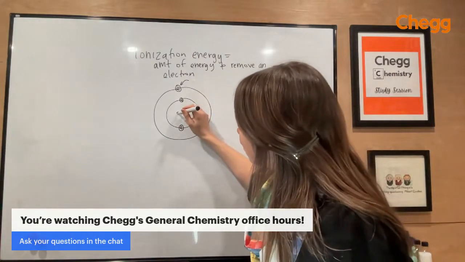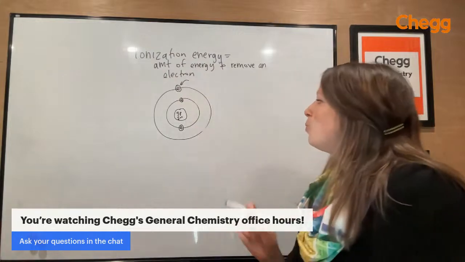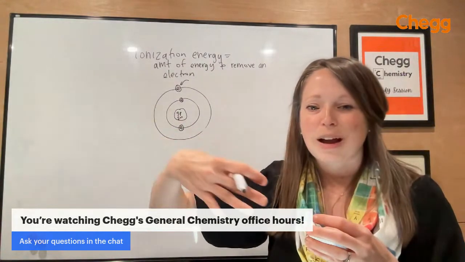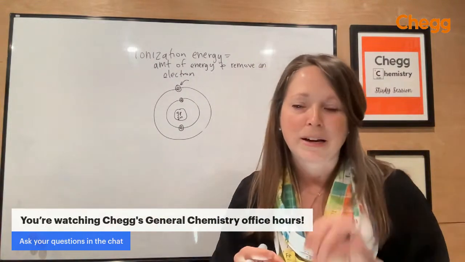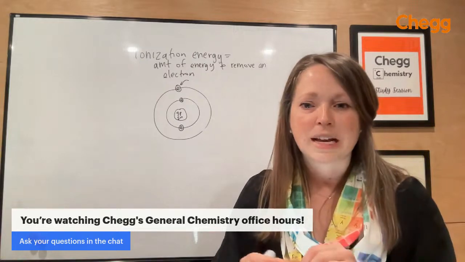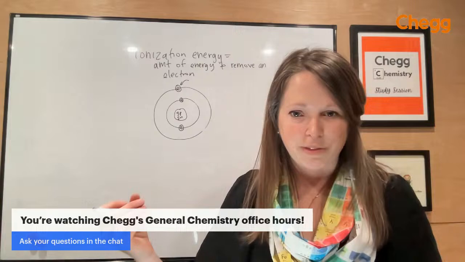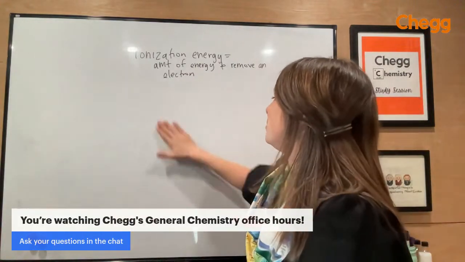So if you think about this as a positively charged nucleus, let's say we had 3 protons and, I don't know, 2 neutrons in this atom. We have 3 positively charged protons in the nucleus. The electrons are going to be attracted towards that because opposites attract. Electrons are negatively charged. The more positively charged protons you have in the nucleus, and the closer those electrons are to the nucleus, the harder it's going to be to remove them. So basically what you need to know with ionization energy is you need to remember